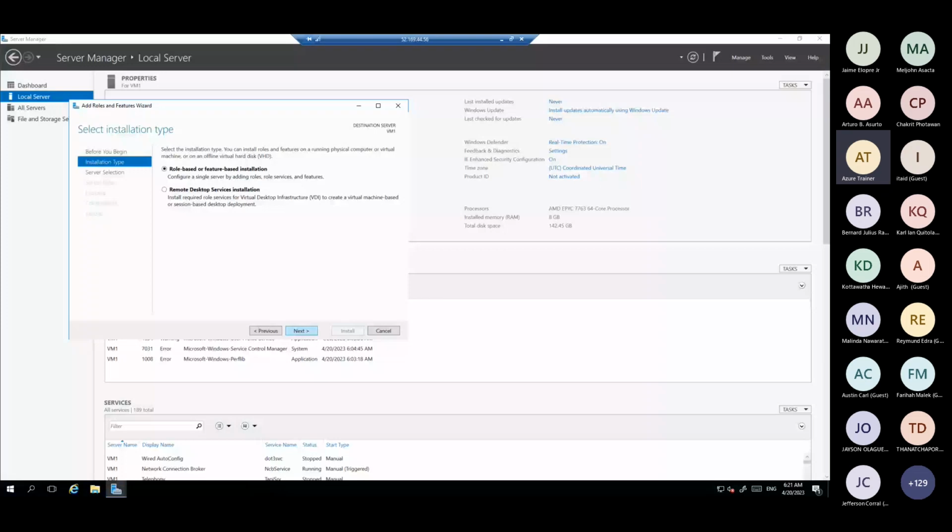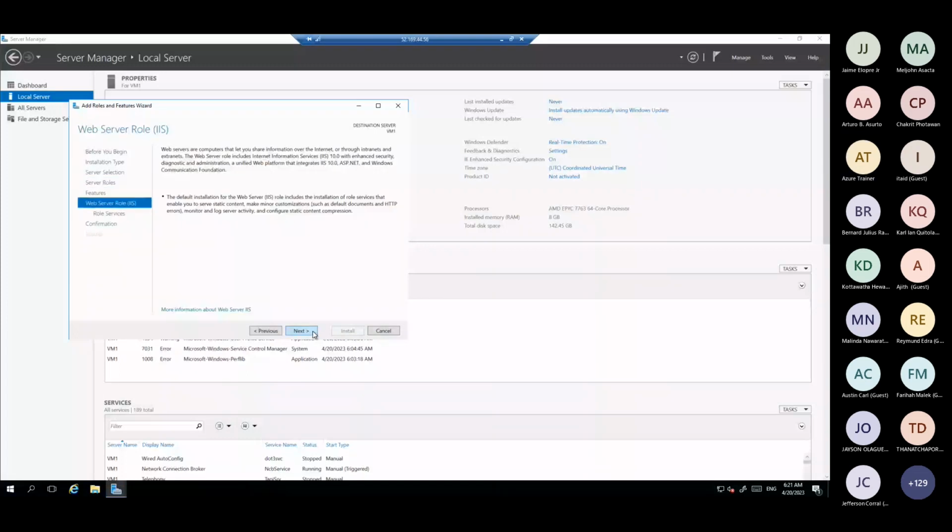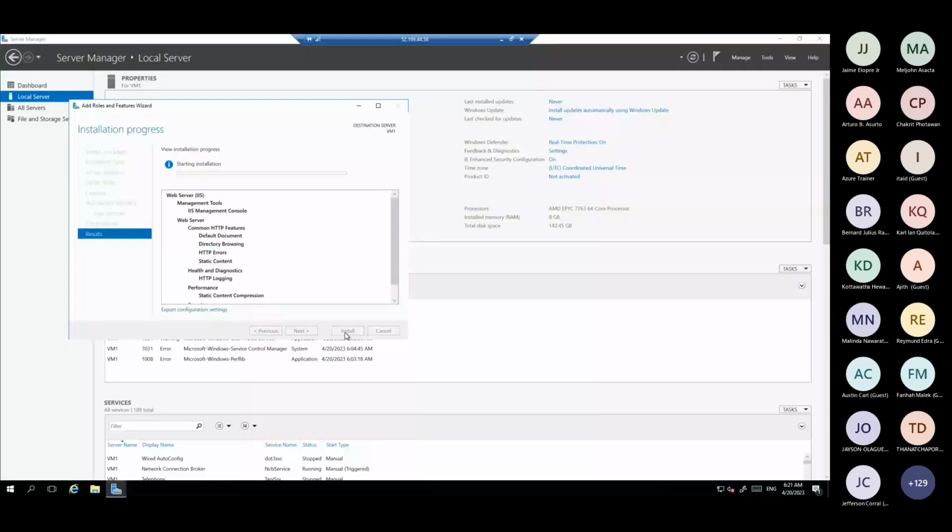Let's install the IIS service. Let's wait.